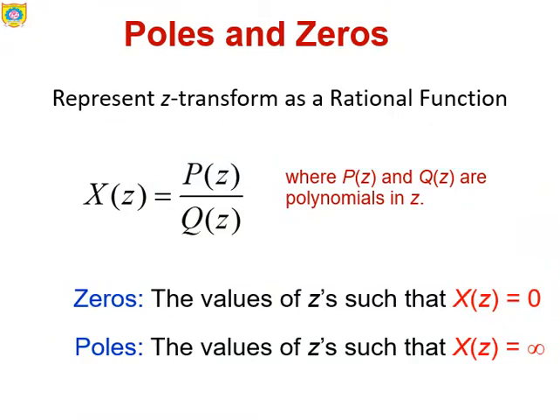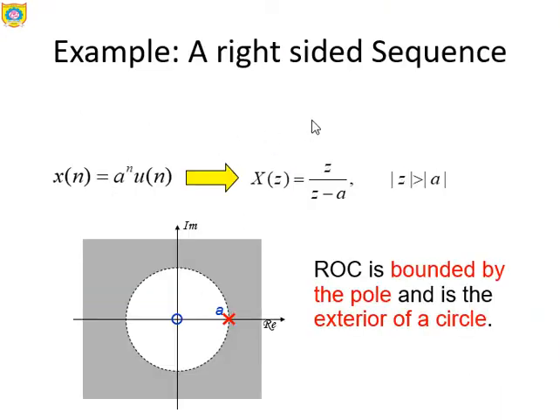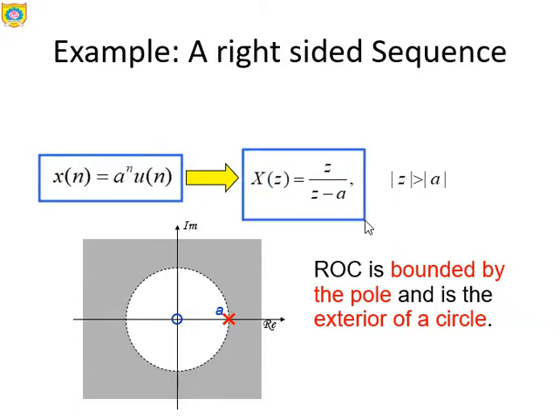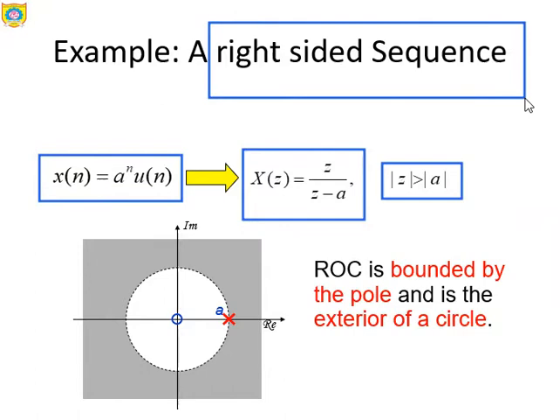Let's plot the poles and zeros for some of the sequences which we have seen earlier. For the right sided sequence, firstly we will proceed. So let's say this is the right sided sequence. As we know, for x of n equal to a raised to n, the z transform is X of z equal to z by z minus a. This can be written as 1 upon 1 minus a z inverse, but the ROC over here is mod z greater than mod a, since it is the right sided sequence.